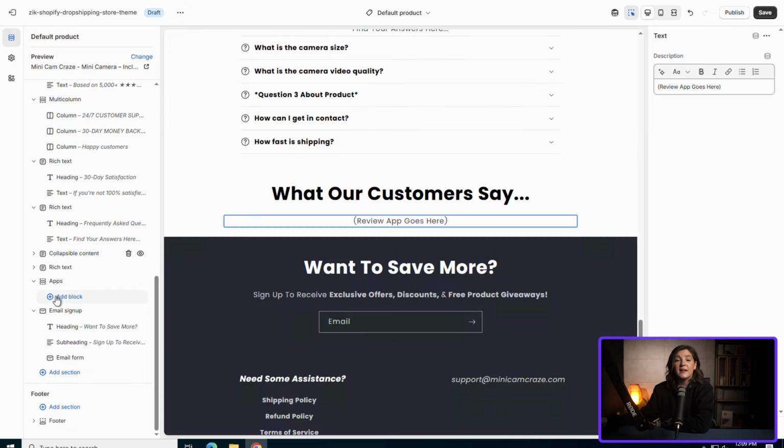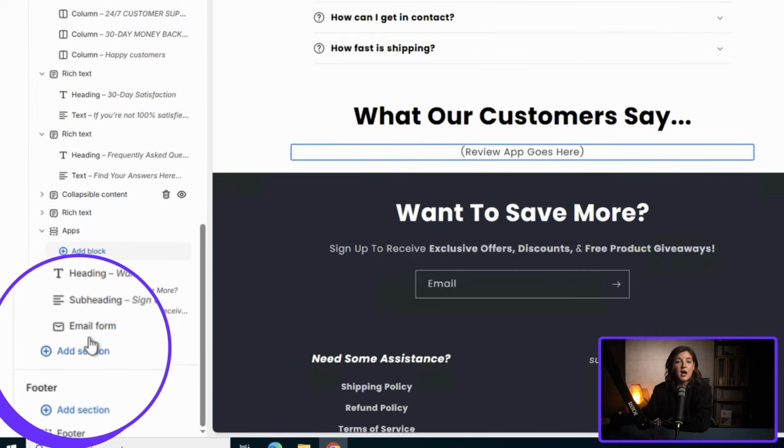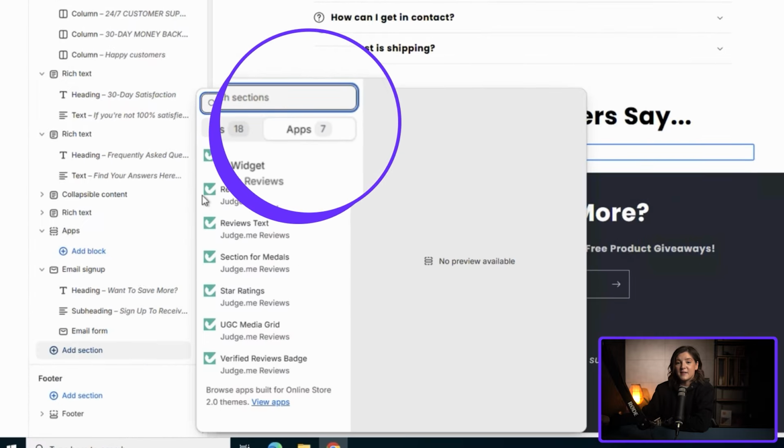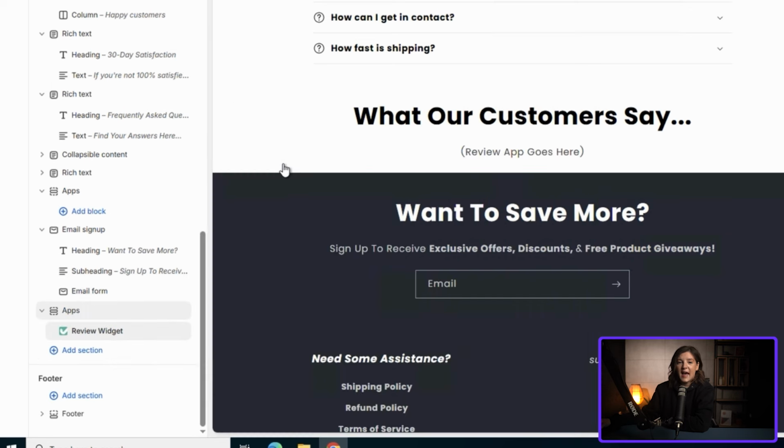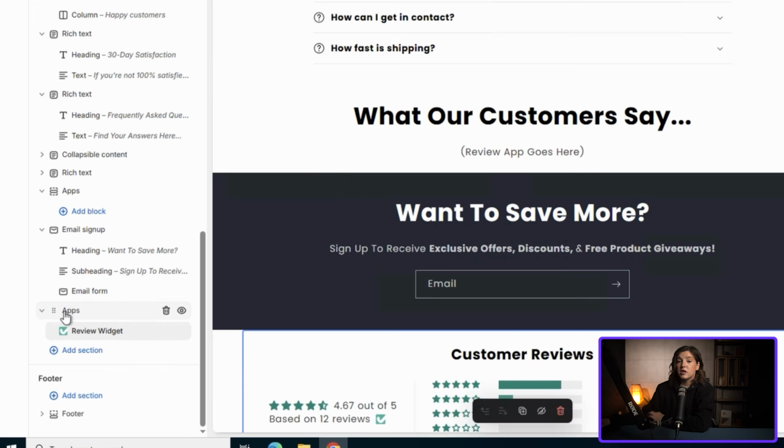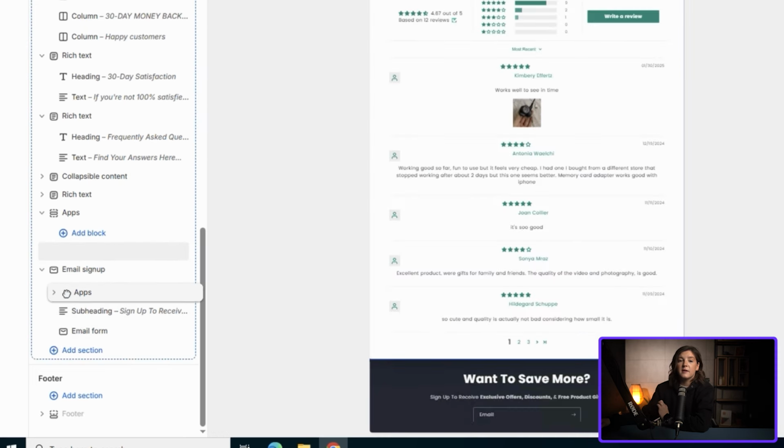Lastly, it's time to add the Judge.me review app. On the left side of Shopify's editor, click Add Section. Select Apps, then find the Judge.me app and look for Review widget. Click to add it. Once the review section is added, make sure to position it just before the email sign-up